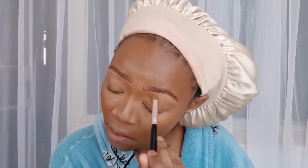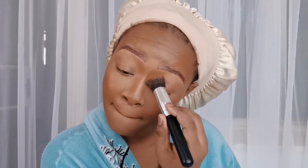Guys, when we are contouring your nose, if you are not really confident in your blending skill, make sure that you are using a light concealer. Don't use the same concealer that you were using at the sides of your face. Use a lighter concealer, not too dark, because it's going to be tricky for you to blend, and it's so not cute to have a nose that is not nicely blended. We don't want to see that your nose is darker,